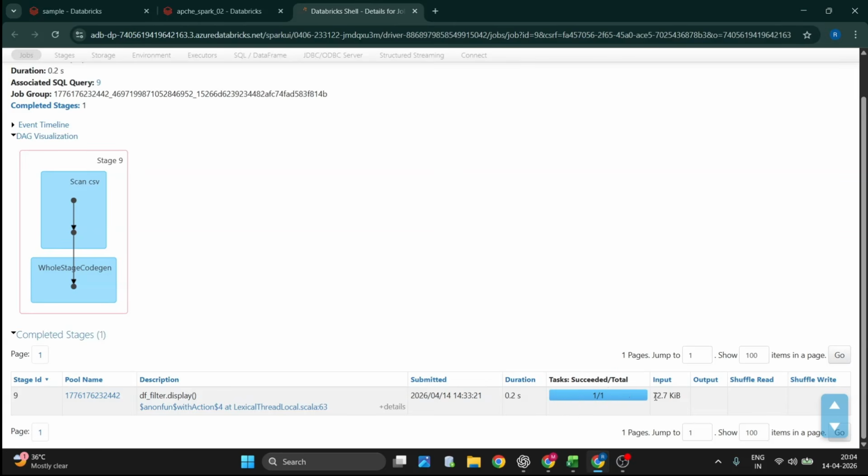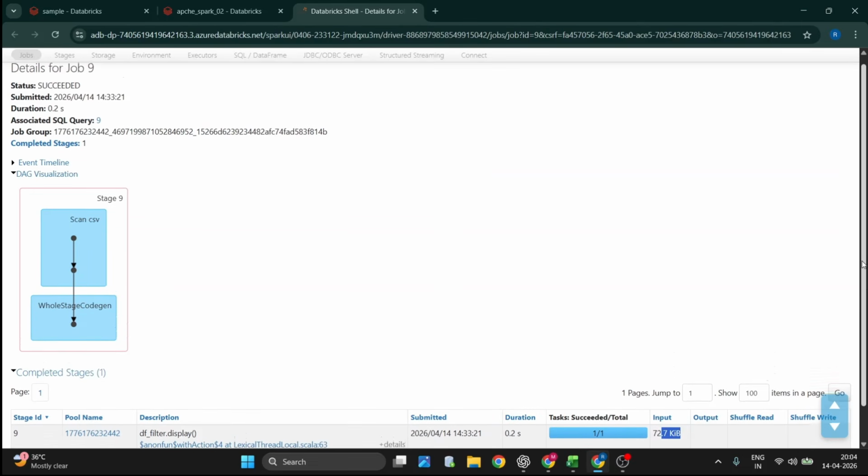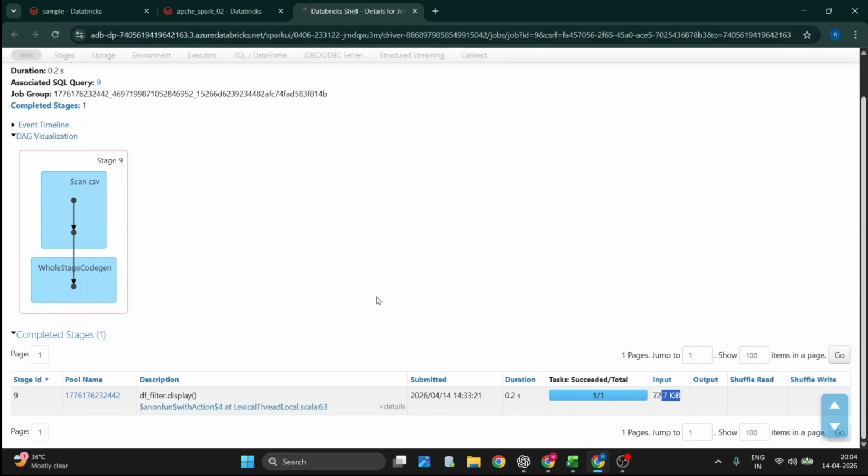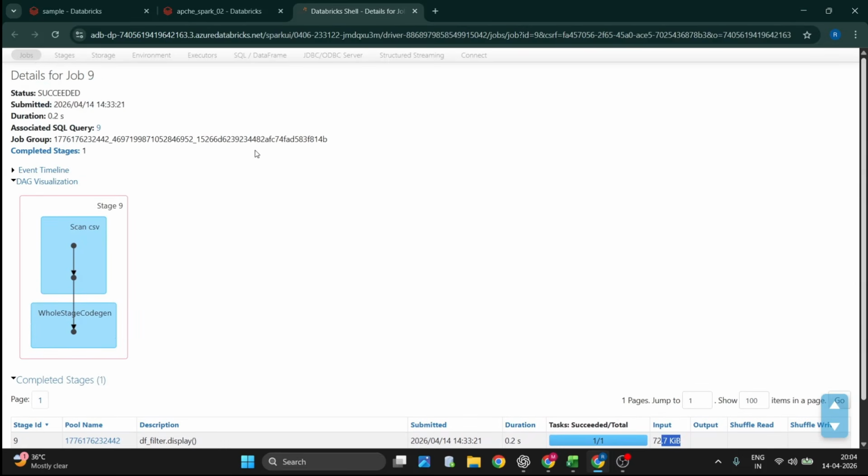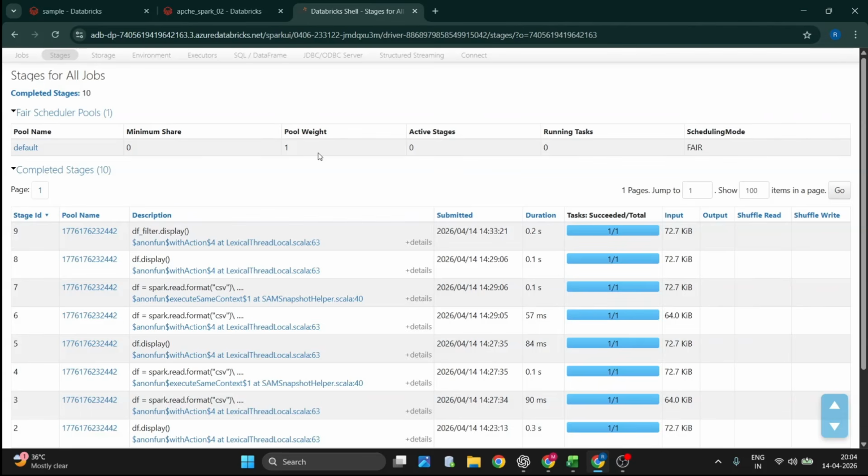See, what is the input? The input is a very small amount of storage, so that's why it created one partition for me. And only one stage got created. You will get to know why one stage. If you come to stages, only one stage got created for this. Let me explain the stages and all, but before that let us view the DAG